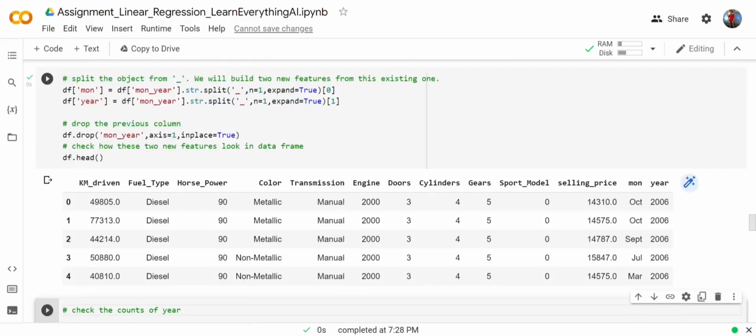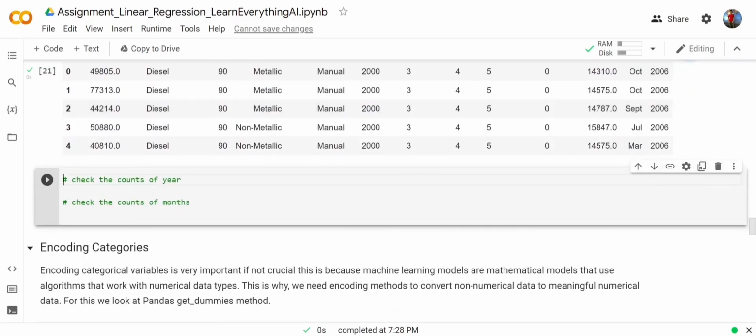So as we can see, the month year column is completely gone, and instead we have a month column and a year column. Now let's check the counts of the year and the months too. So we print df value counts, and we also print df dot month,